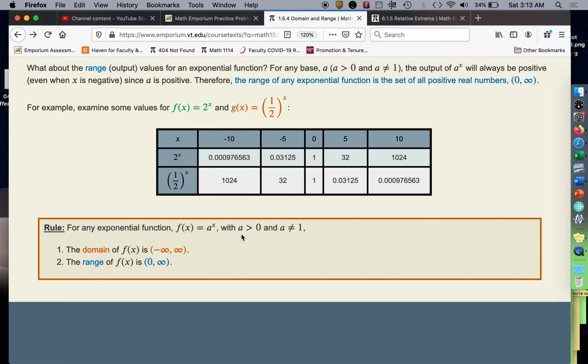E is about 2.71, so it is certainly greater than 0, and it's not 1. The domain is negative infinity to infinity, so yeah, it said we need to check it on its entire domain. Look at what it says the range is. The range of f of x is from 0 to infinity, not including 0. It goes all the way, forever, toward infinity. So it goes up forever. It doesn't have a maximum value. And it also doesn't have a minimum value because it never actually reaches 0.